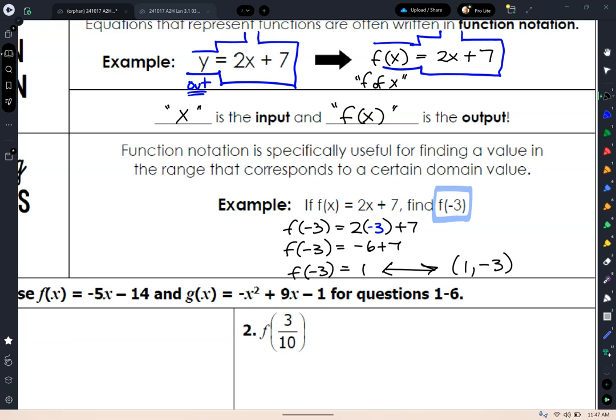Those two things mean the same thing. This is ordered pair notation. This is function notation. Okay? Super important you can read that. All right? Now,